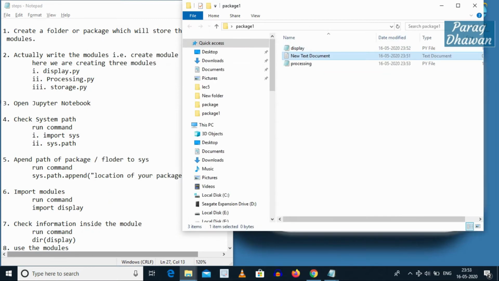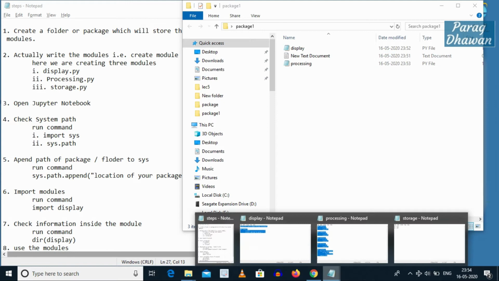Close this file. How many modules are created? 2 modules. Third module, same process: display, processing and storage.